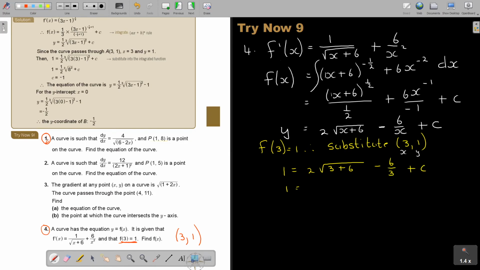So this is 1, this is 2, that is 9, minus 2 plus c. So this is 1. Now this is 2 times 3, that's 6. So if it goes over, negative 6 plus 2 is equal to c. So c is equal to negative 3. Okay, so therefore